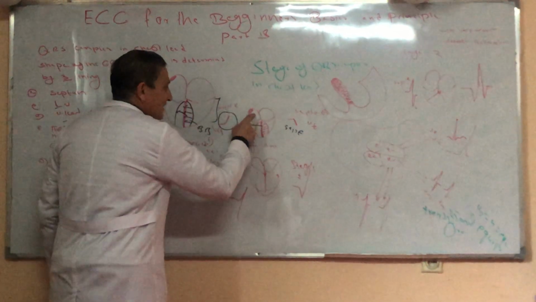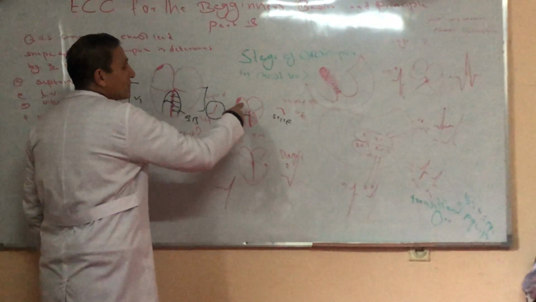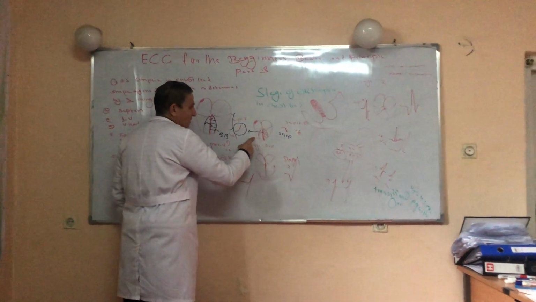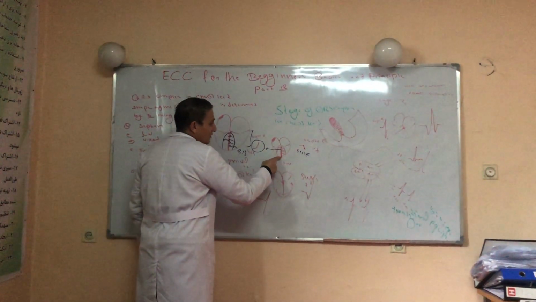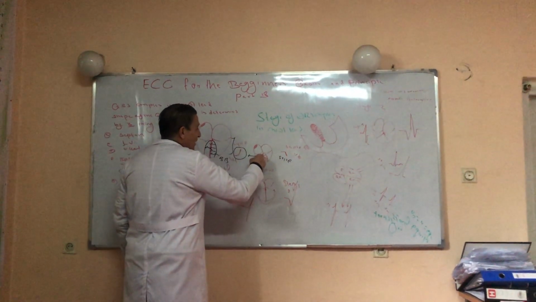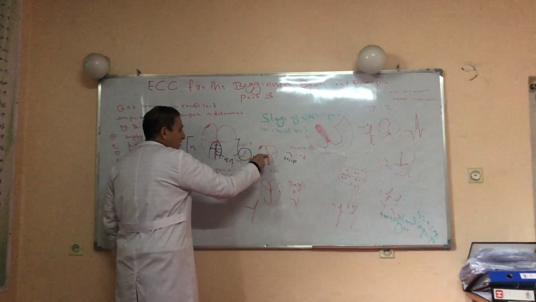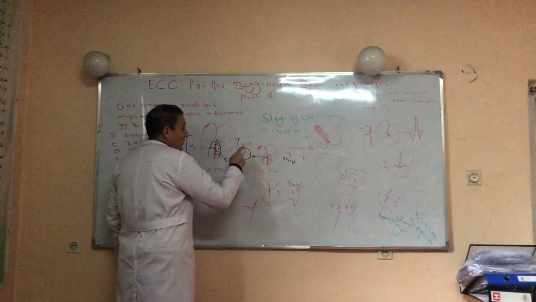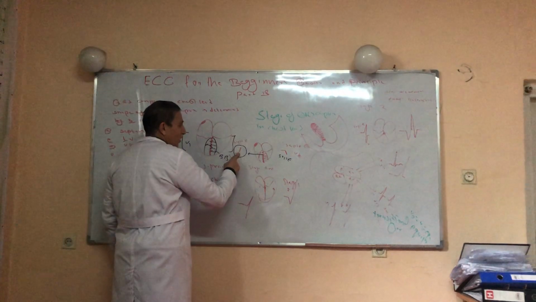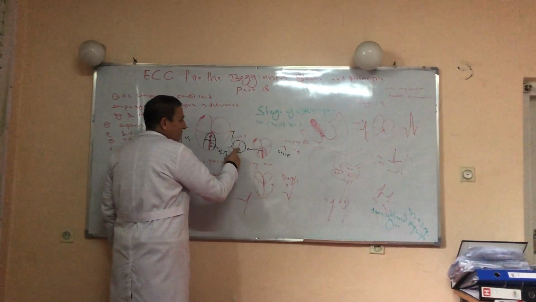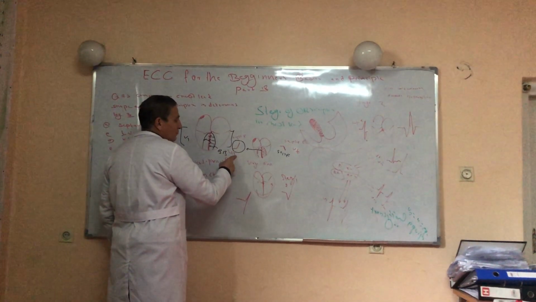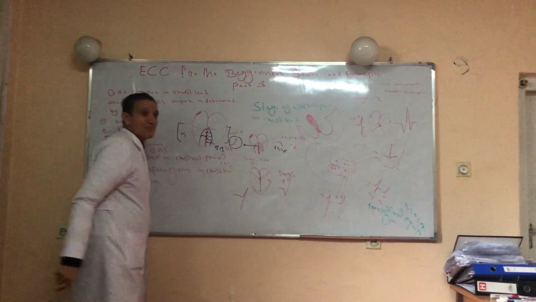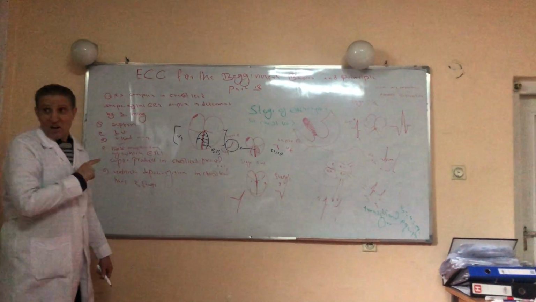Again, the electrical impulse is generated from the SA node, through the internodal pathways comes to the AV node, then to the Hayes bundle, then to the left and right bundle branches. The left bundle branch leads to depolarization of the septum from down to up and from left to right, toward the electrode. When the electrical impulse moves toward the electrode, the deflection in the needle is positive, but a small positive, because the septum is small. The positive charge moves toward the positive electrode, and this R is called septal R in the chest lead.